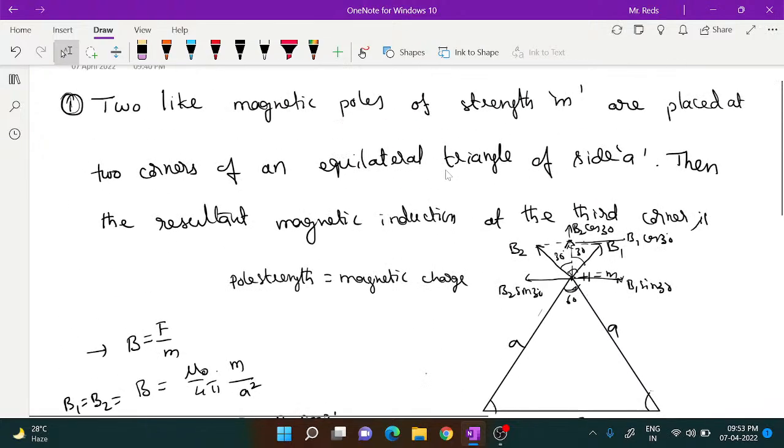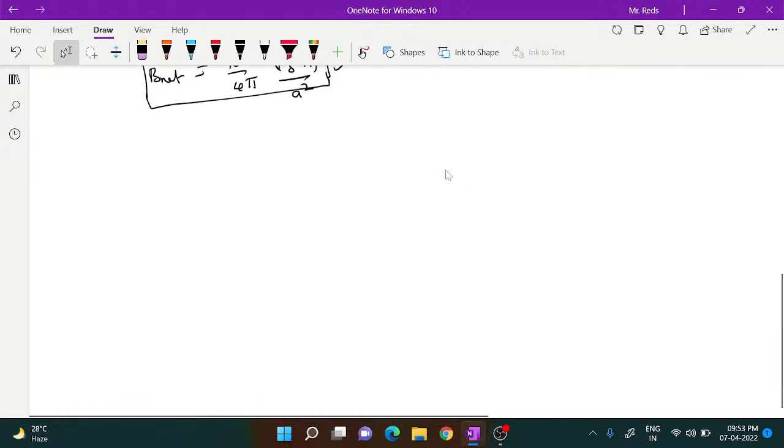Next, I'll see the next case, the second one. It is given that the question is two equal and unlike poles, each of strength m, are placed at